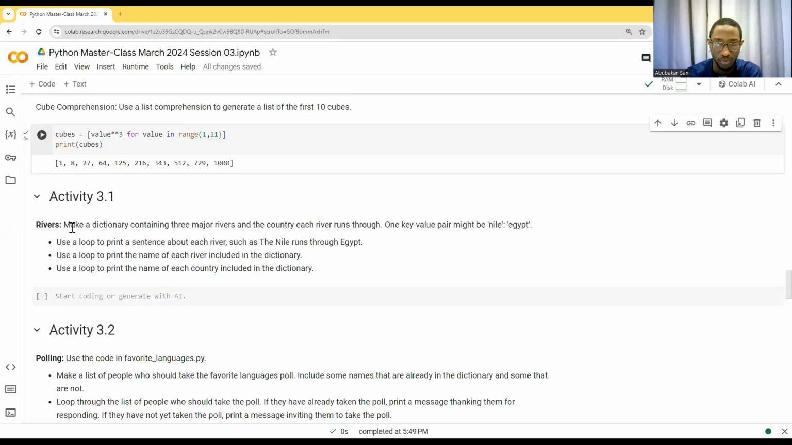Okay, so we have an activity here. Make a dictionary containing three major rivers and the country each river runs through. One key-value pair there might be Nile, Egypt. This is an example. Then use a loop to print a sentence about each river, such as the Nile runs through Egypt. Use a loop to print the name of each river included in the dictionary, only the names. Use a loop to print the name of each country included in the dictionary, only the